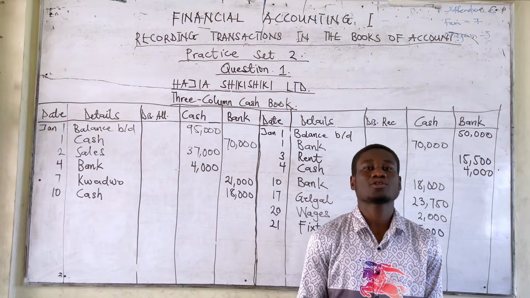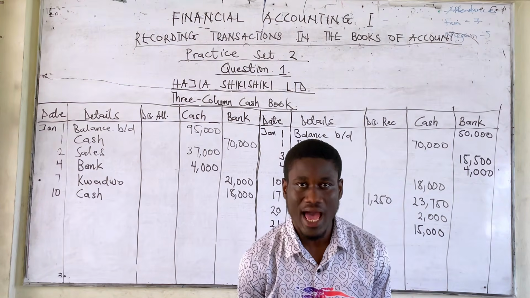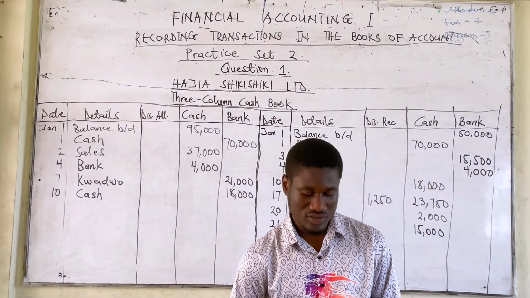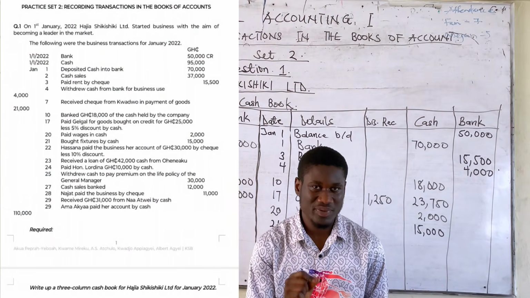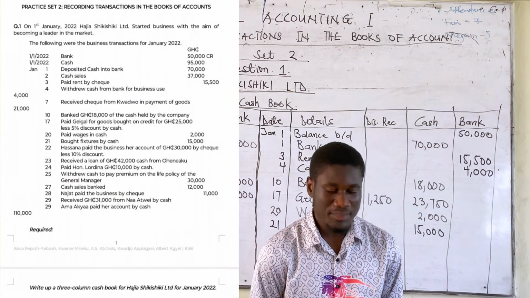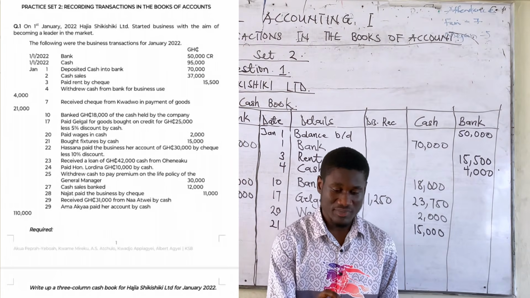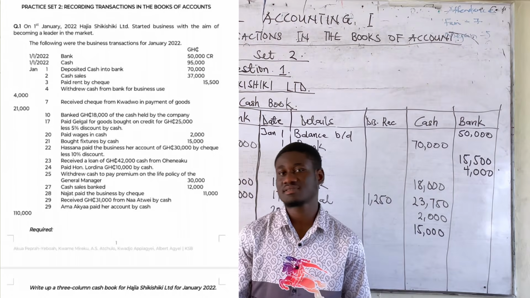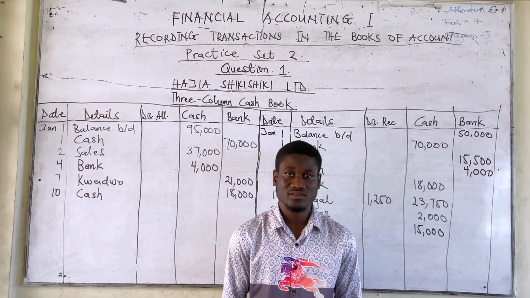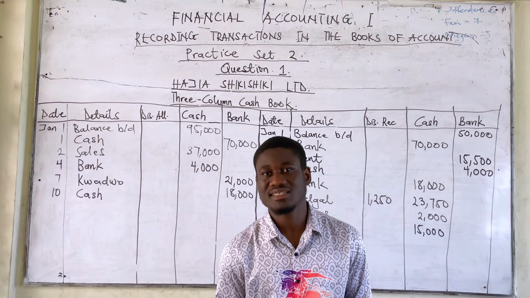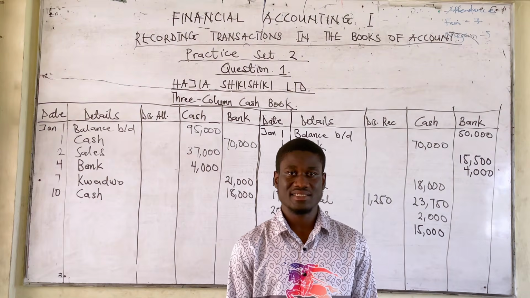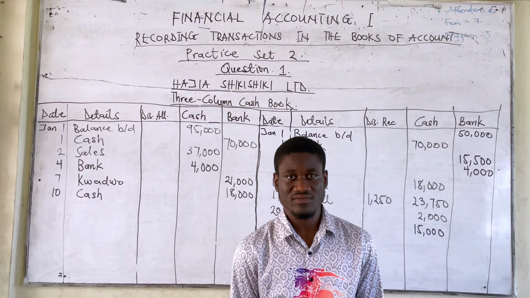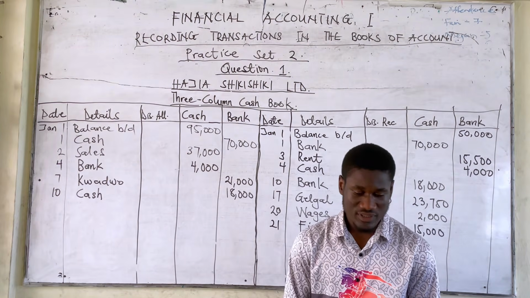But we want to know the actual discount we allow Hassan. You get it? Hassan is supposed to pay 30,000. Now we've given Hassan 10% discount. Okay. That means that we are going to multiply 10% by what? 30,000. You get it? And 10% times the 30,000 is going to be 3,000. So that means that we allowed a discount of 3,000 to Hassan. So definitely Hassan is going to pay 27,000. You get it? The date is